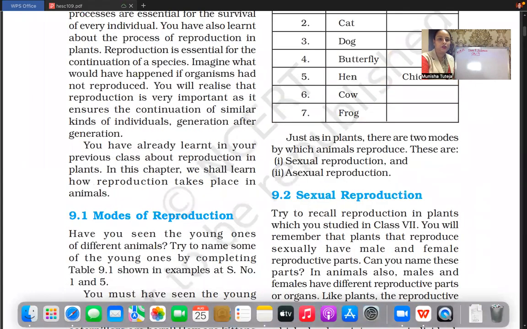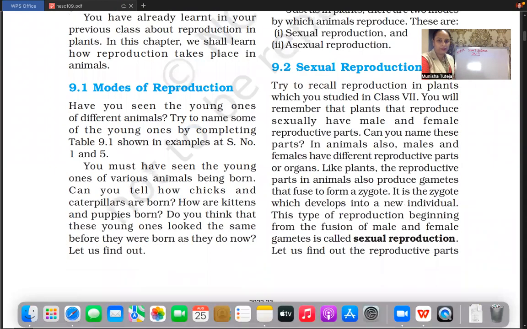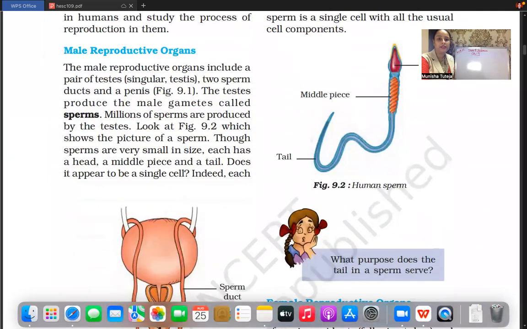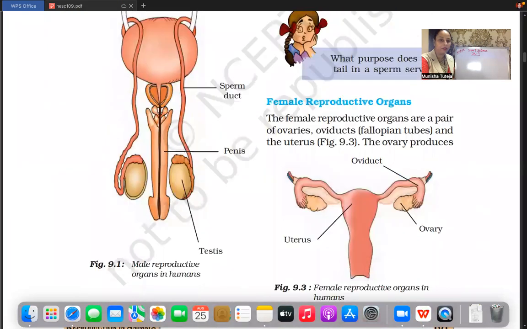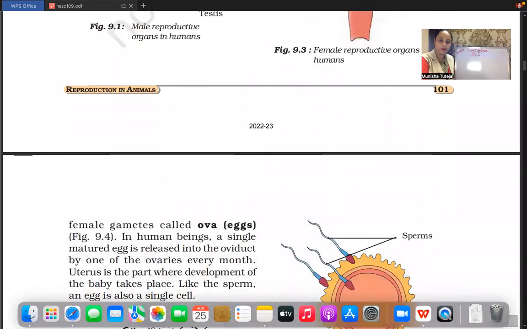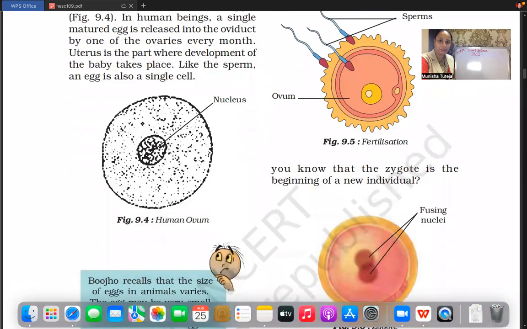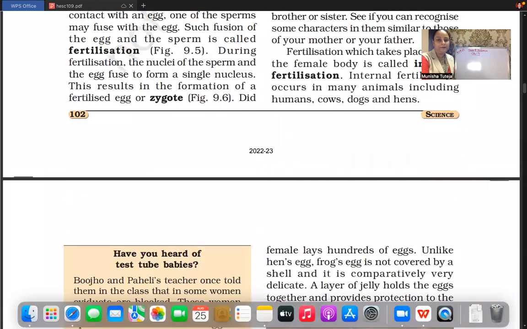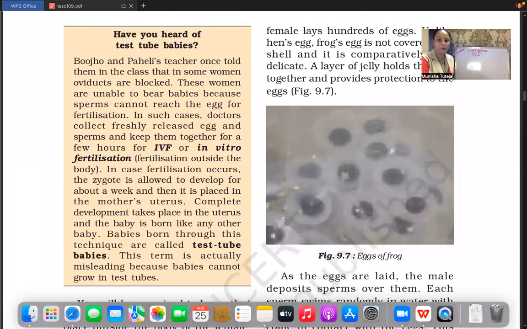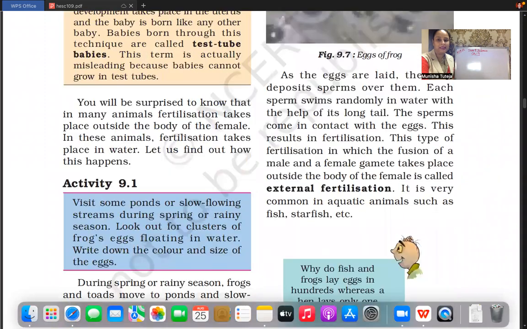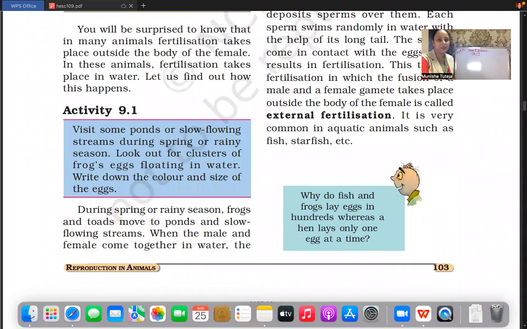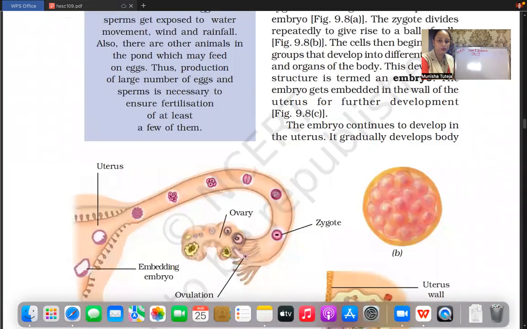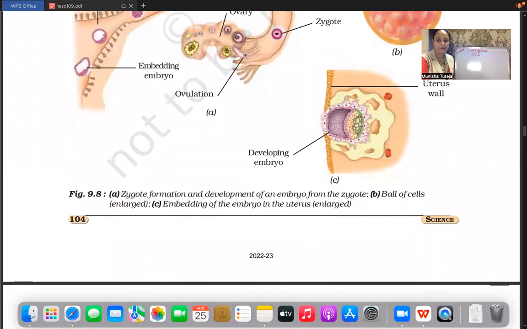You can see the modes of reproduction, sexual and asexual reproduction. First of all, sexual reproduction: the male and female reproductive organs were explained to you, along with the process of fertilization. We have also studied test tube babies and internal and external fertilization. Now, we next come to the topic